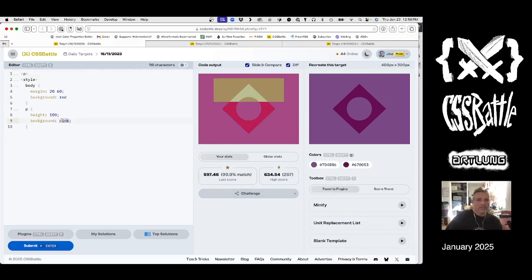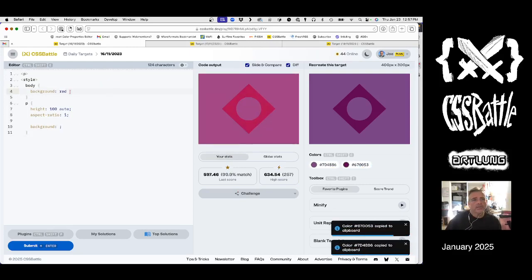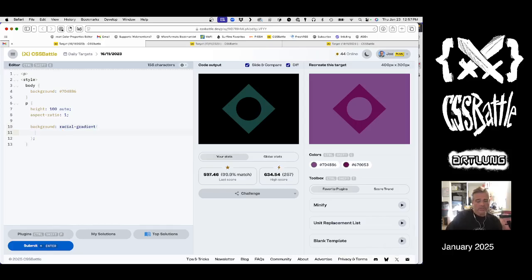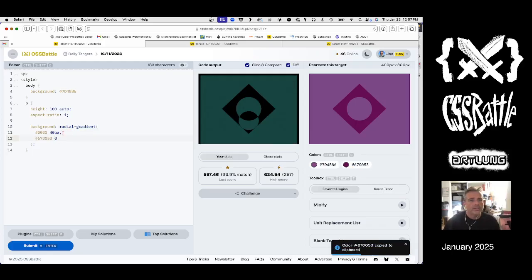Unfortunately, let's do aspect ratio 1, margin, let's do 100 auto to center, turn off these margins, put the background here as the light purple, and then this is a radial gradient of, what did we say, circle 50, actually we don't need the keyword, 40 pixels of the, and actually transparent will do it, because we're going to let it see through to the back, and then a hard edge of that,